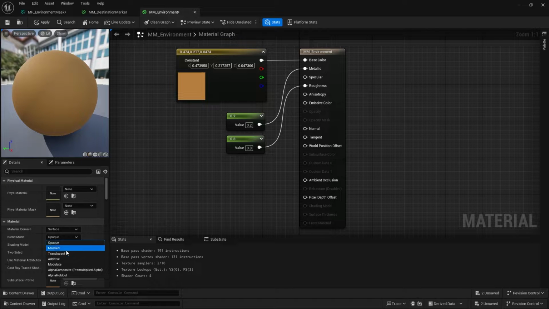We can go masked. Masked is very similar to translucency, however, it is only 0 or only 1, meaning that it's either completely transparent or completely opaque. And that's a lot less expensive to calculate on the rendering stage. So we can make it masked, and that opens up the opacity mask, which we can now plug our